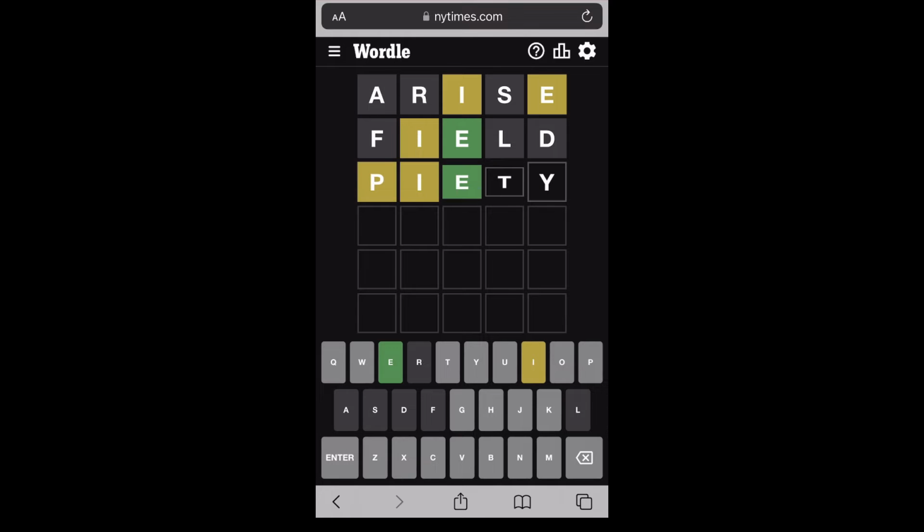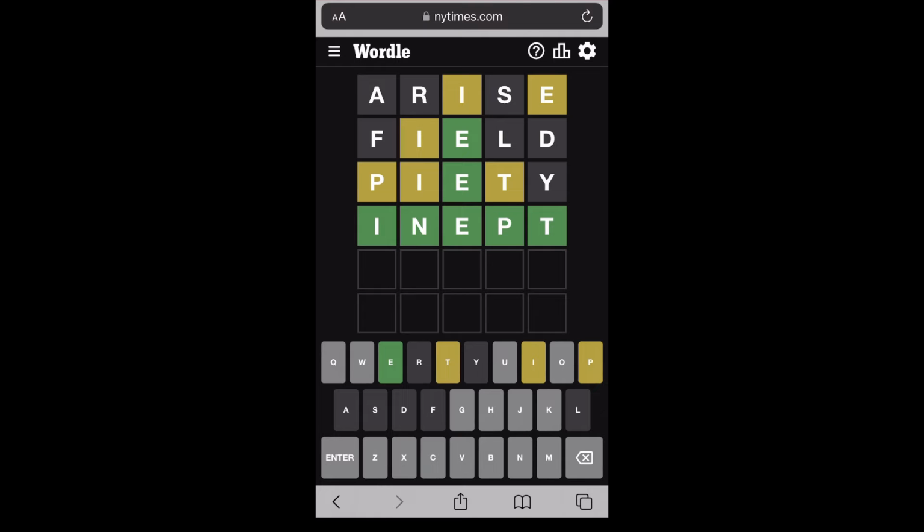I get more information to update my belief about the secret word. Finally, I try INEPT, and it turns out that's the correct word. All the tiles are green, and I got the Wordle correctly guessed in four tries. Okay, now that you have an idea of how the game is played,